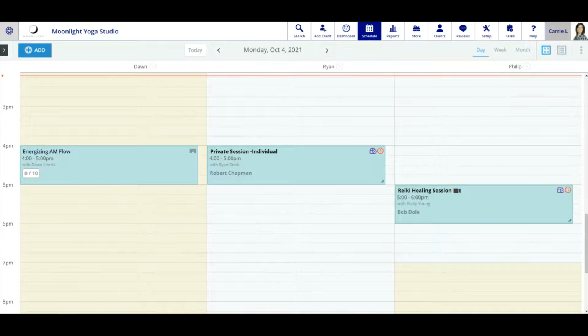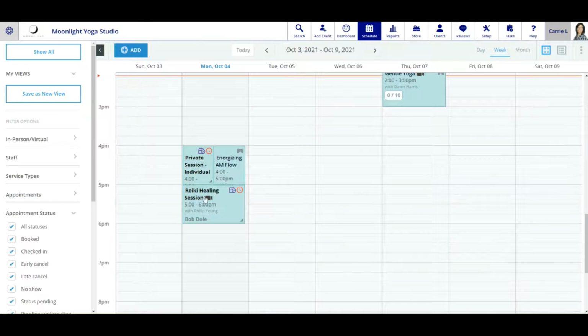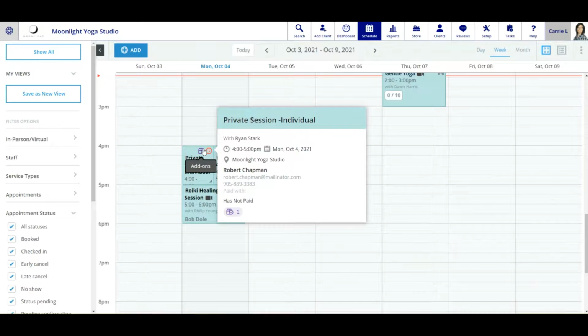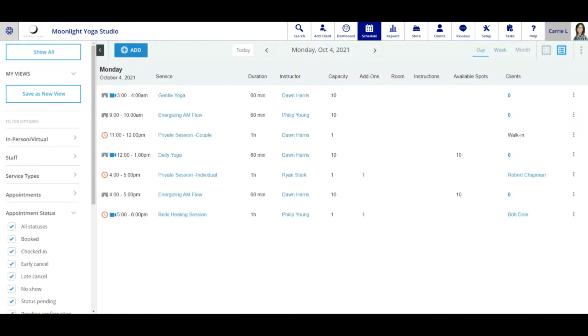We're going to head on over to the week view. Within the calendar week view, we can see the exact same things as we saw on the day view, so not much difference there. If we head on over to the list view, on the list view, we do have